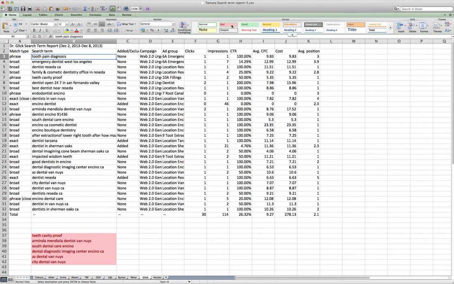So what we're going to do is go through this real quick. Tooth pain diagnosis, okay. Emergency dentist, okay. Dentist Reseda, family and cosmetic dentistry. Teeth cavity proof. That word proof, you know, that's not a buying term. It doesn't sound like it's something that I really want to be paying for. Teeth cavity proof. That sounds like somebody that's looking for information or whatever. It's not a very succinct term anyway, so I kind of want to get rid of it. Dentist open 24/7, that's fine, but best dentist near Reseda, endodontist, dentist in Van Nuys, Encino,